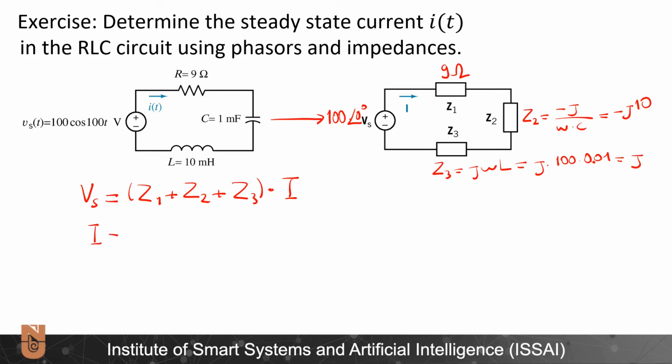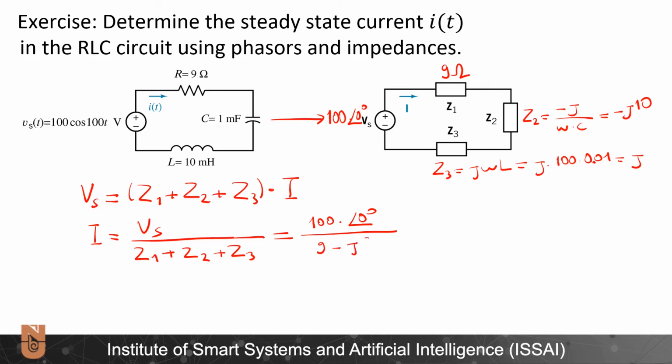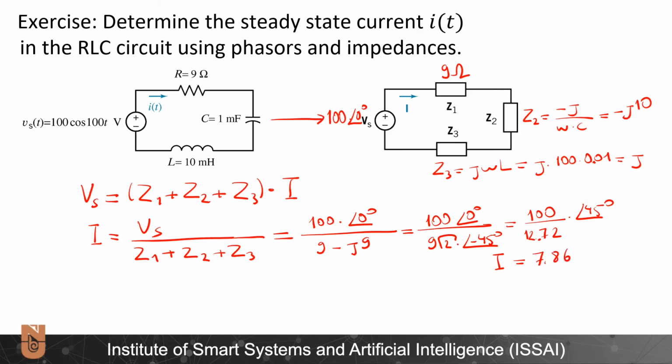So I will find I is equal to Vs divided by Z1 plus Z2 plus Z3, and this is equal to 100 as magnitude with 0 degrees divided by 9 plus minus J10 plus J, minus J9, and this is equal to 100, the angle of 9 square root of 2 times minus 45 degrees, which is equal to 100 divided by 12.72 times minus 45 degrees, and this is equal to, I is equal to, according to MATLAB, 7.86 times